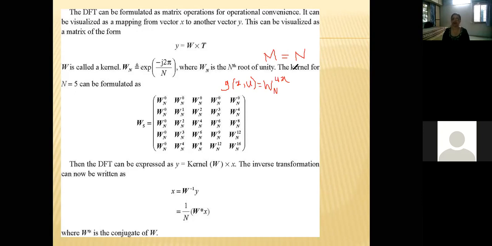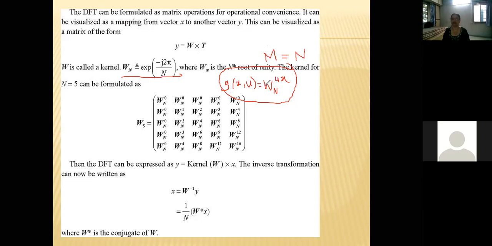We are actually considering one dimensional forward transformation kernel Gxu, because now we are computing Fourier transform by applying one dimensional transform twice. So here instead of m and n, we are considering simply n. Your forward transformation kernel is actually e raised to minus j 2 pi by n into ux. The same is represented here in terms of Wn.